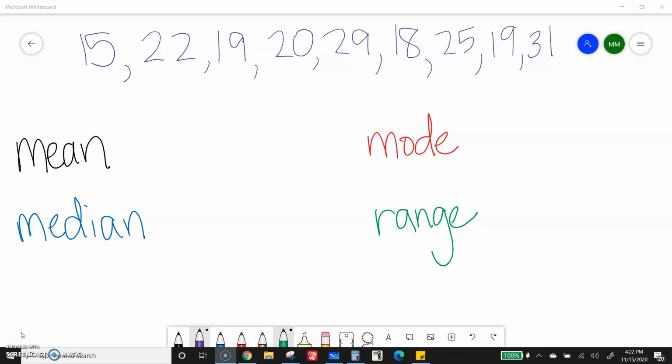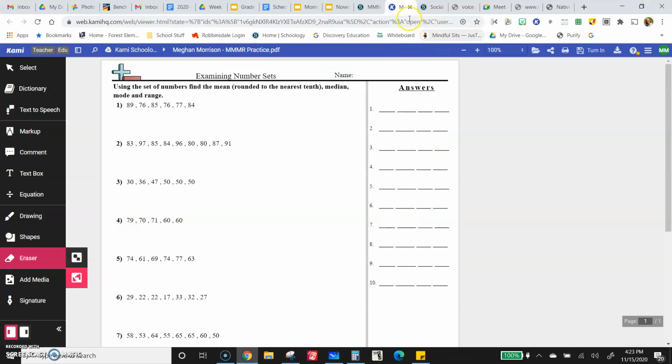All right, putting it all together where we have one set of data and we need to find the mean, median, mode, and range for that same set of data. I want to point something out first. Here's the worksheet you're going to be doing. Notice it says